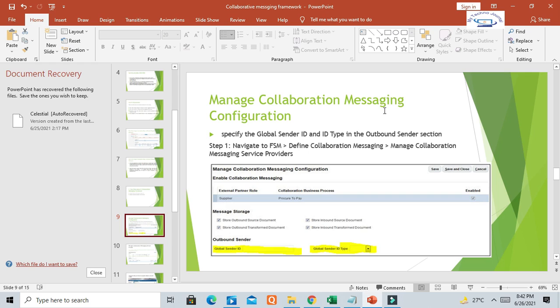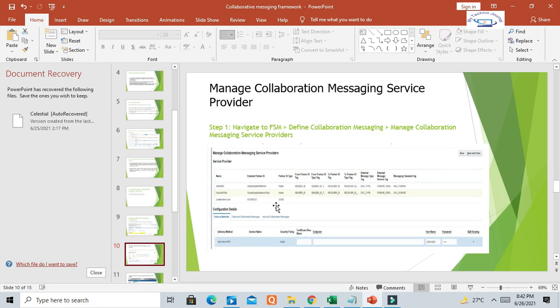Basically, we need to send the identification numbers and specify what kind of documents we are going to send using this tool, either a purchase agreement, purchase order, or contract. So what kind of document and messaging you are going to send, you can identify here and set up.